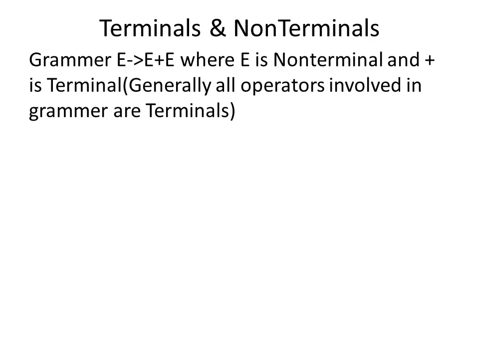Terminals and non-terminals: what are they? If you take a grammar, E implies E plus E, this is a grammar where E is called a non-terminal and the operator plus is called a terminal. Generally, all the operators involved in the grammar are called terminals. So, in the grammar E implies E plus E, the letter E is a non-terminal and the operator is a terminal.